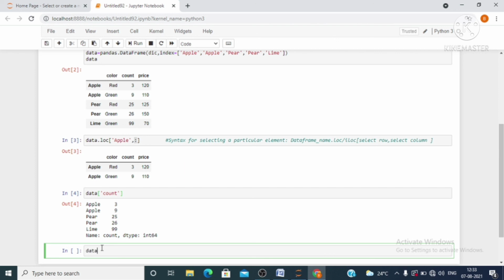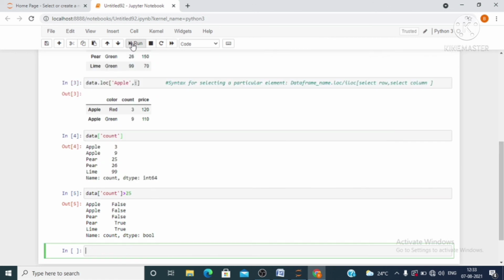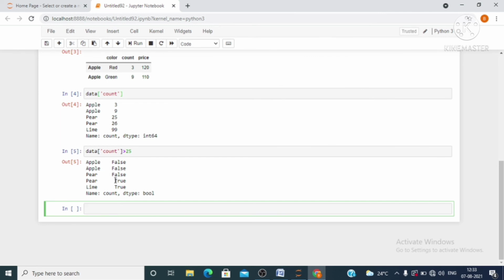After that, on this column, okay, so this column is this one. On this column you have to put a condition that it must be greater than 25. So okay, in this case only the last two rows will be returned true. Putting a condition, when you run this code, so output is like this one. The rows in which condition is false, false is written, and the remaining rows in which condition is true, true is written.